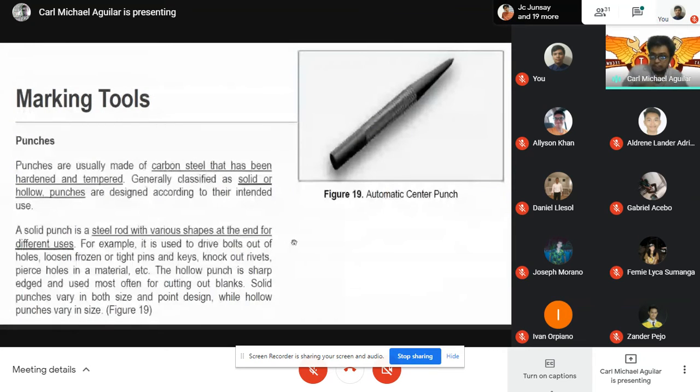So, similar to punches, you have two particular types of punch that are being used. You have the center punch and yung ating pin punch. So yung punch are usually made of carbon steel that has been hardened and tempered. Generally, it is classified as solid or hollow punches. They are designed according to their intended use. So madami tayong types of punches, but ang pinaka-particular na ginagamit natin is yung center and yung